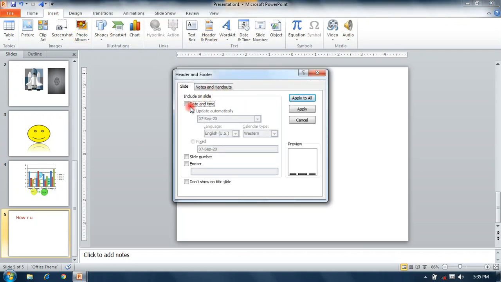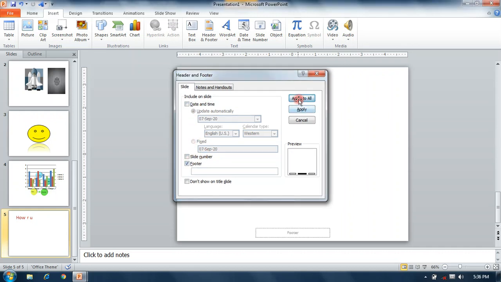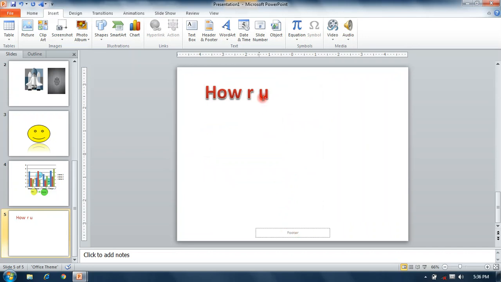Header and footer are applied on bottom and top.